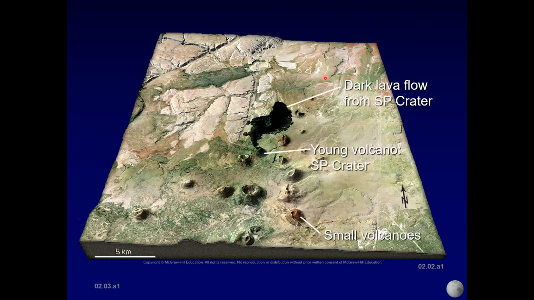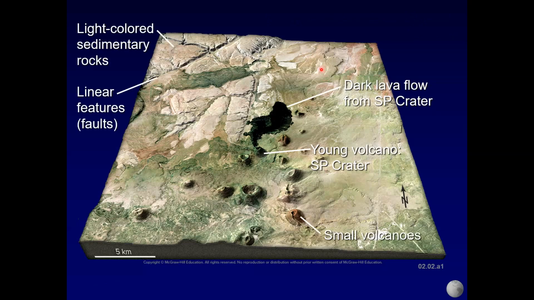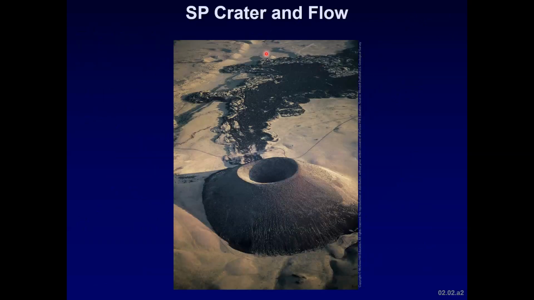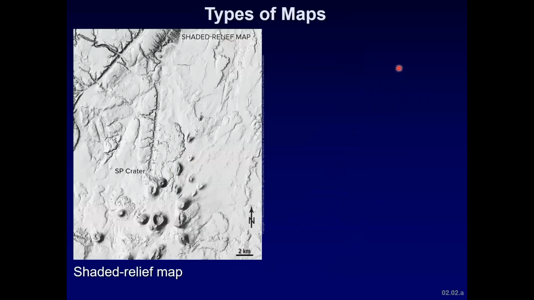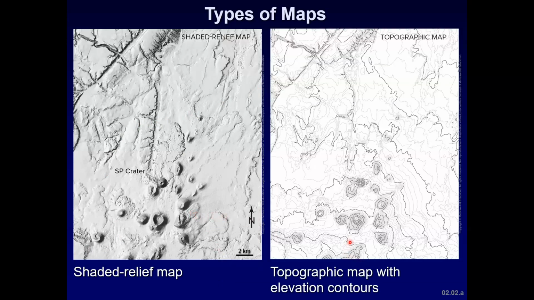So to summarize the features that we pointed out, you can look a little closer. This is an aerial view of the SP crater showing that lava flow. Looking at the same area, we can see it in terms of different types of maps. This is a shaded relief map. It shows the shape of the land by simulating light and shadows on the hills and valleys. Shows differences in elevation. A topographic map